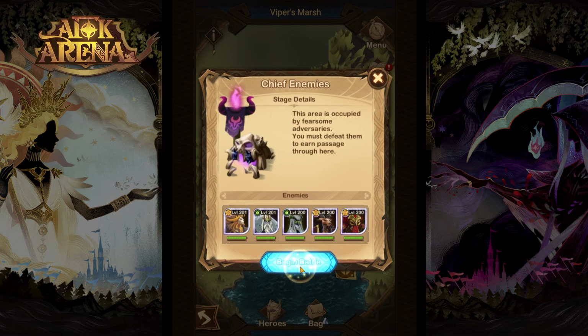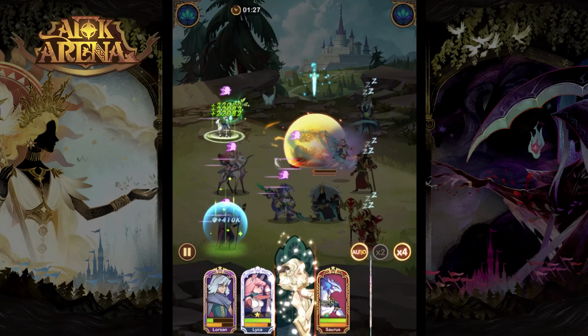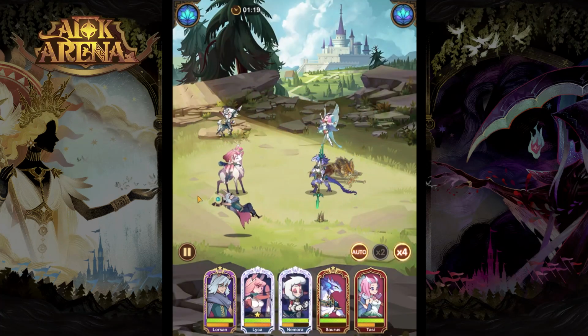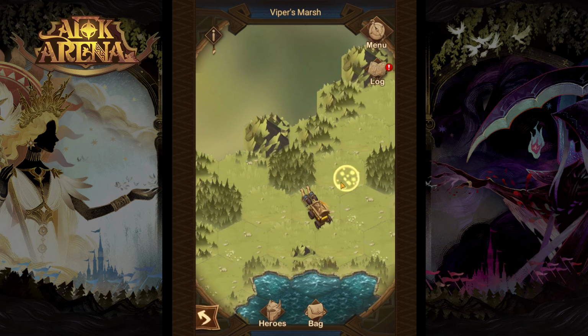Let's take those guys out. For this mixed enemy team, you can use your best heroes or you can try to counter the enemy factions. It's up to you. We'll just go like that and we will take those guys out, no problem. There we go. And now when you have taken out the most powerful enemies and got all the relics, you can now